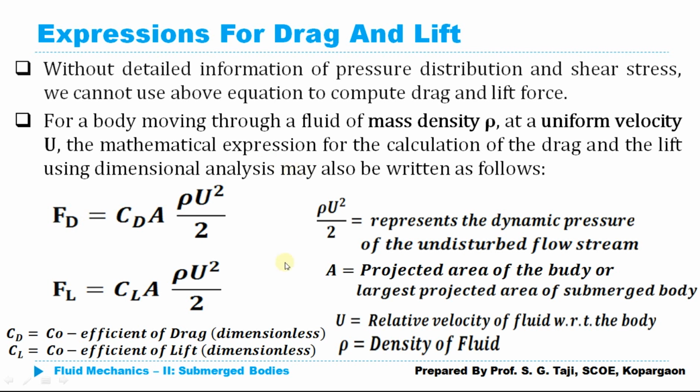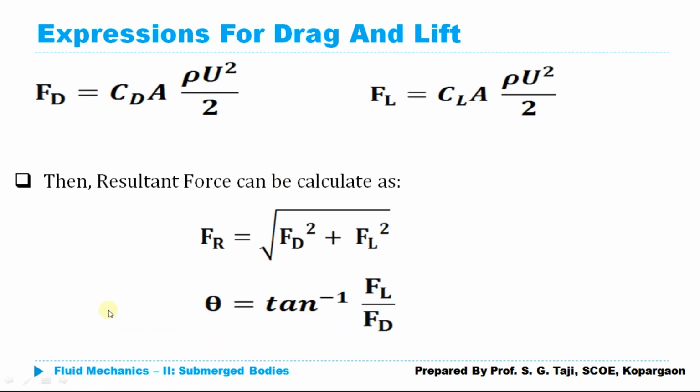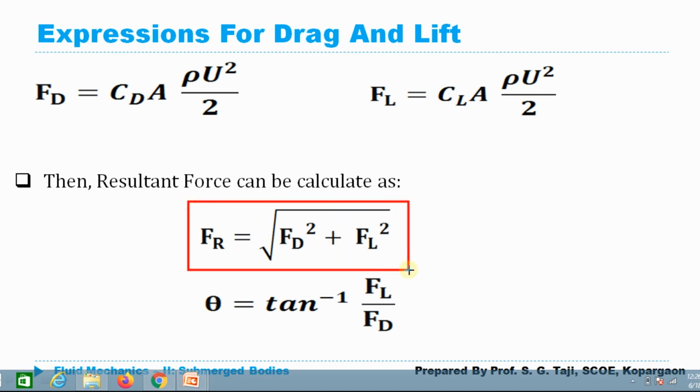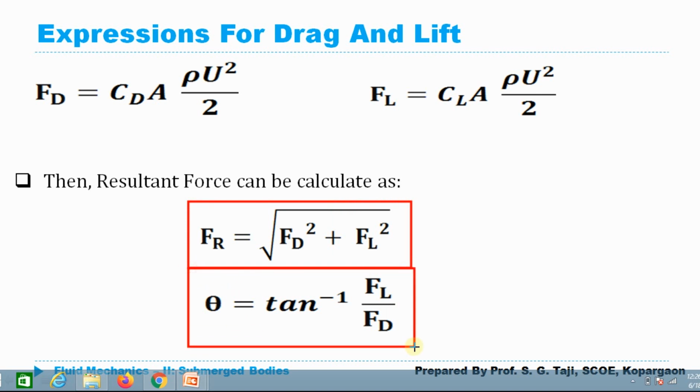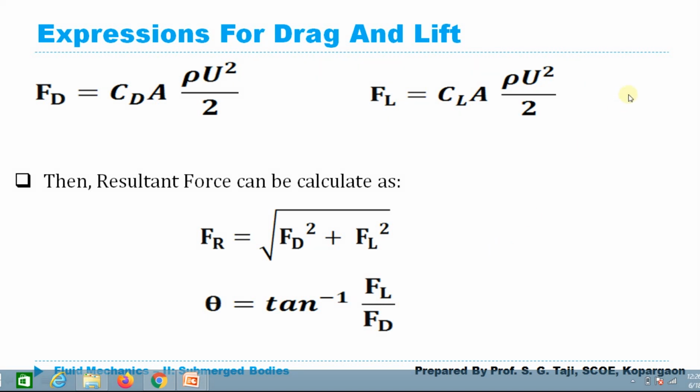After calculating this drag force and lift force, the horizontal component and vertical component, we can compute the resultant force by using the equation F_r is equal to the square root of F_d squared plus F_l squared, and then I can compute where it is acting, that is, theta is equal to tan inverse of F_l upon F_d. So remember those equations for the drag and lift. The derivation for drag force and lift force we will discuss in a separate lecture, but before that you should solve those numericals I gave you in the previous lecture, which were based on boundary layer theory. So try to solve those two numericals, because our derivation of drag force and lift force is totally based on it.